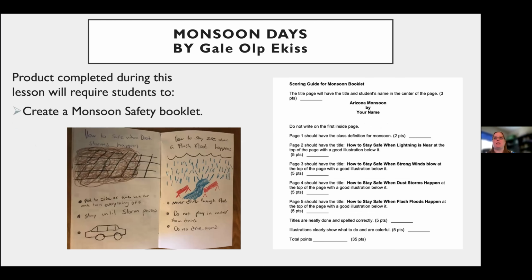And then they get to create a monsoon safety booklet. So exactly like Kimberly says, you could braid science and weather into this, and they can create that safety book about why it's important to be safe in the monsoon. The scoring guide helps them look through what they need to have in this book. It's just 2 pieces of paper stapled together to create how to stay safe in dust storms, how to look at flash floods, how do they happen, and what are we looking at? And here's your scoring guide. Make sure you've got titles, make sure you've got pictures to help guide you as you're describing what they're doing.